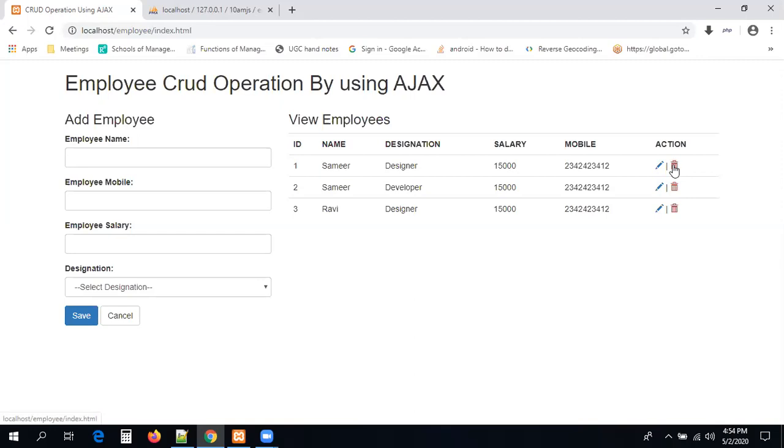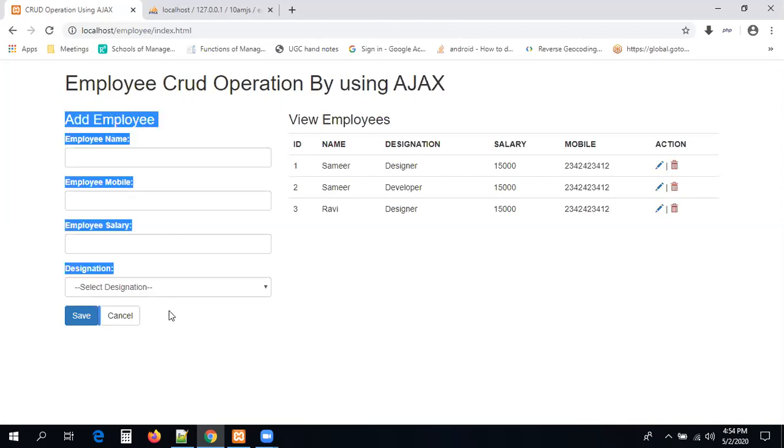So I don't want to create one more form here. I want to use the same form here. If you click the edit button, guys, let me change this to Edit Employee. Let me change this button to Update Employee. Once you update it, I have to display that it was updated successfully, and I need to clear the form data as well, right? So within the same page, we are going to implement the edit operation also. I don't want to create one more form for the edit operation. I just want to use the existing one, right, guys?